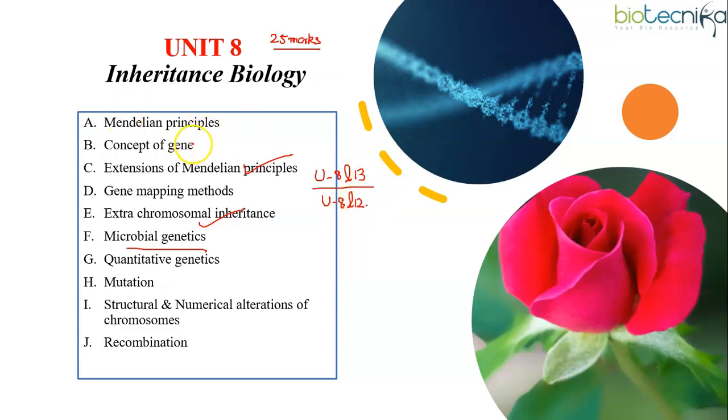So for preparation for this unit, simply learning formulas and facts won't help. You need to understand the concepts well to solve questions. And the best way to prepare for Unit 8 is write and practice. Write down the ratios, learn how to determine the genotypic combinations or phenotypes in the progeny. Practice the probability-based questions, questions on lod score, questions on gene mapping. Write and learn about the different types of structural and numerical alterations and more.